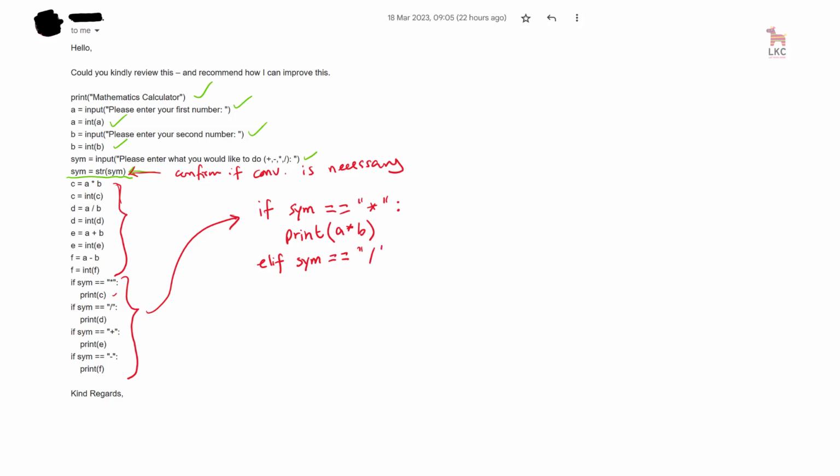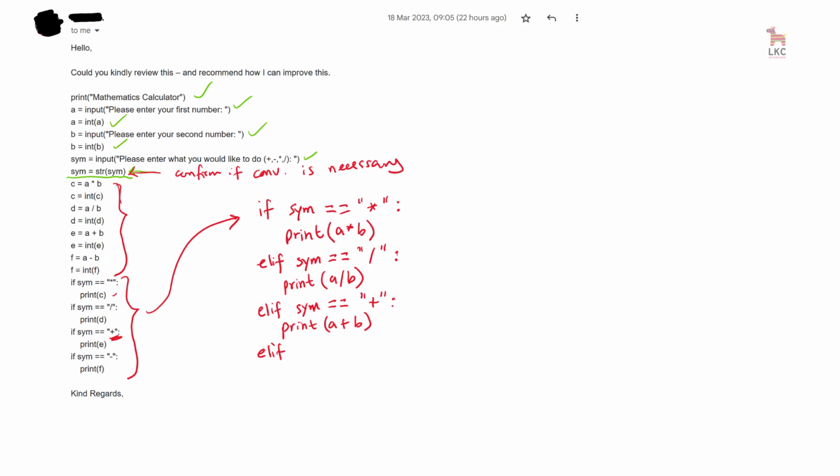So slash, if it's a slash, then print A divided by B. Okay, and then elif, if the symbol is, so I'm just following, I'm here now, is an addition, then print A plus B,